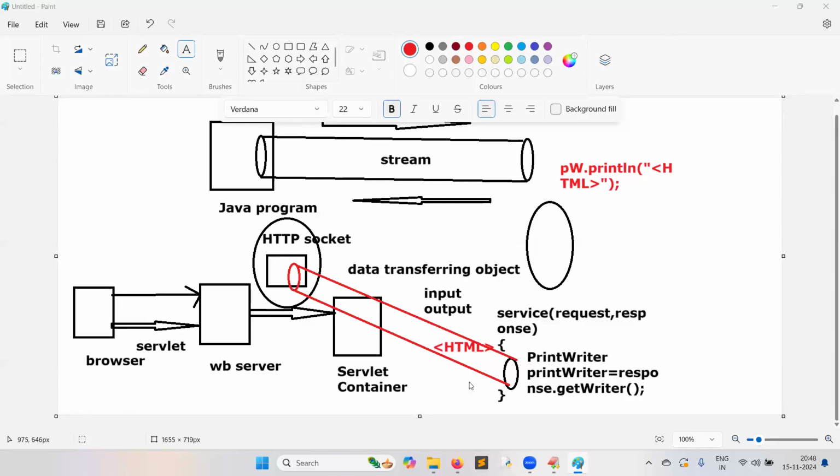The person who was asking, sir, it was on the service side. We learned that the request and response, how it is being processed. We have a service method implemented, right? When the servlet container calls the service method,